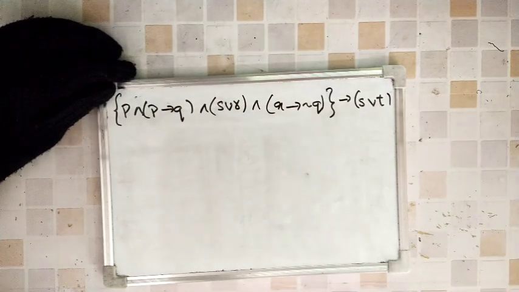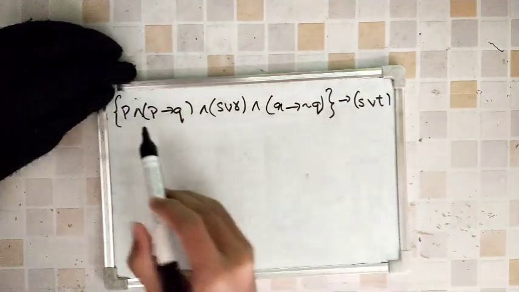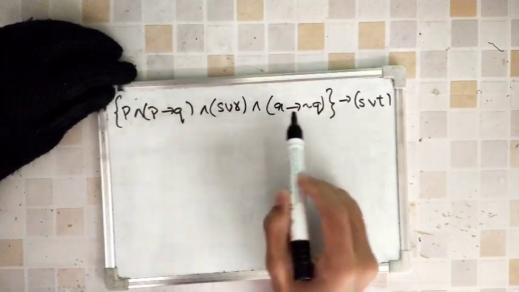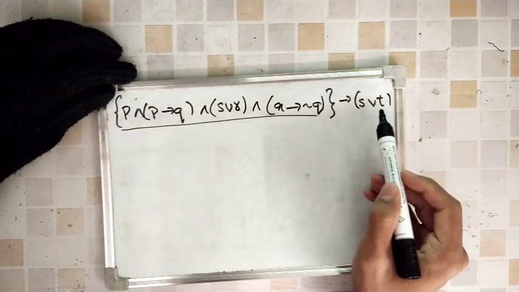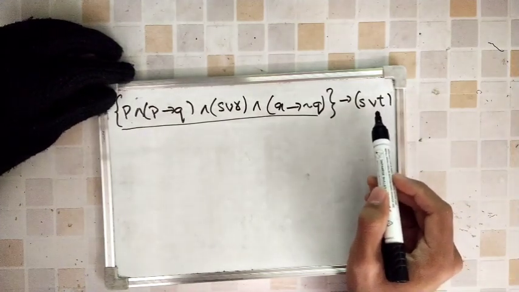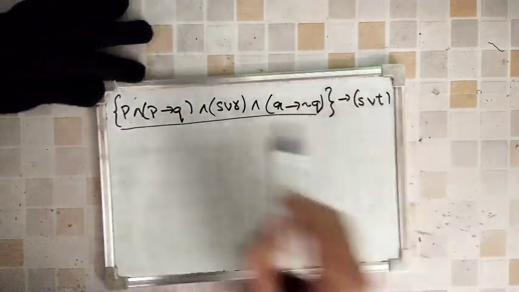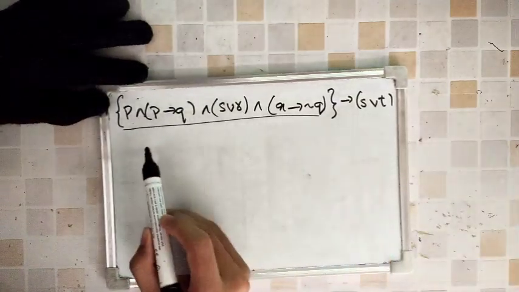First we will see, so they are saying this whole thing implies this. So first I have this, this. So this thing should be equivalent to this. Okay, let us try to solve how we can do that. Q, okay, that is F naught. Now see here, first thing here we have,